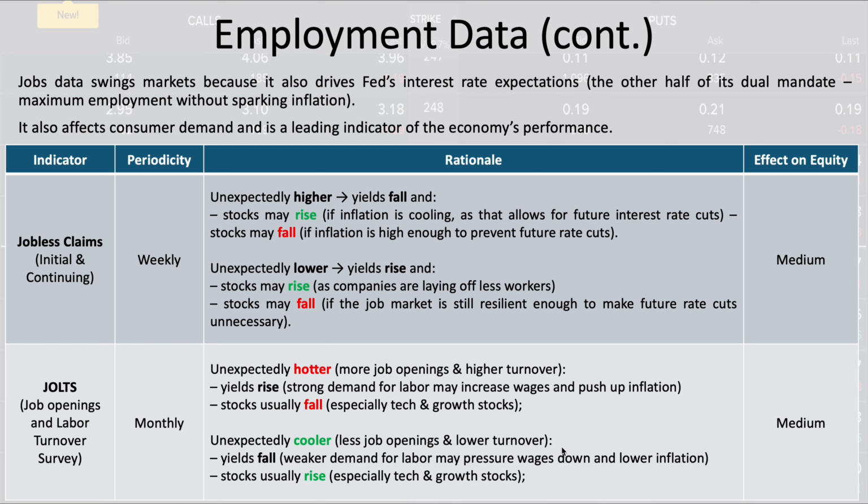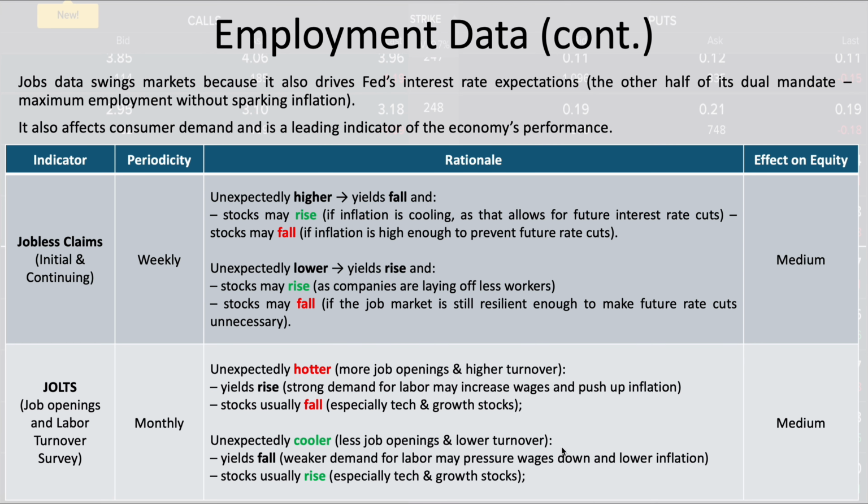If they come in unexpectedly higher, so more people are asking for unemployment benefits for the first time, the impact on yields is very straightforward. With more people unemployed, the expectations of interest rates in the future will be lower, but stocks may rise, because if inflation is cooling, that allows for interest rate cuts in the future,